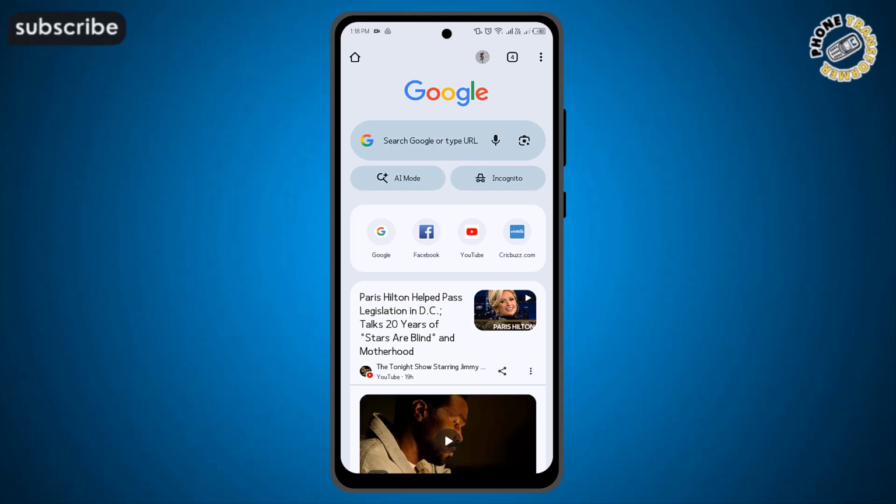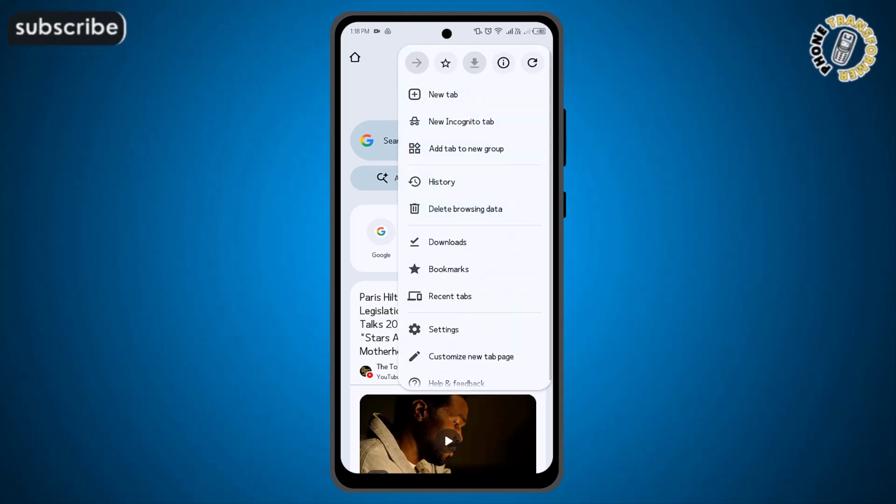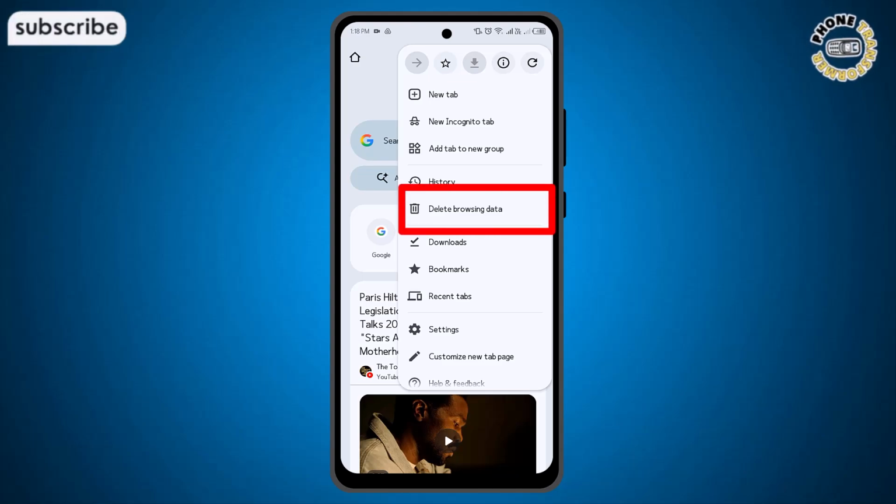Step 2 involves you needing to tap on the 3 dots located in the top right corner of the browser window. This icon opens the main menu where you can access your history, downloads, and the critical settings needed to manage your stored data. Step 3 is to click on Delete Browsing Data from the menu list to enter the